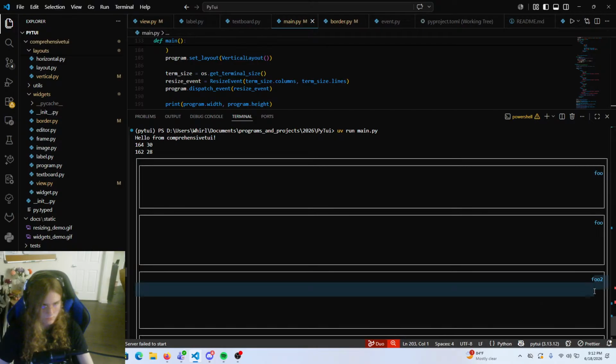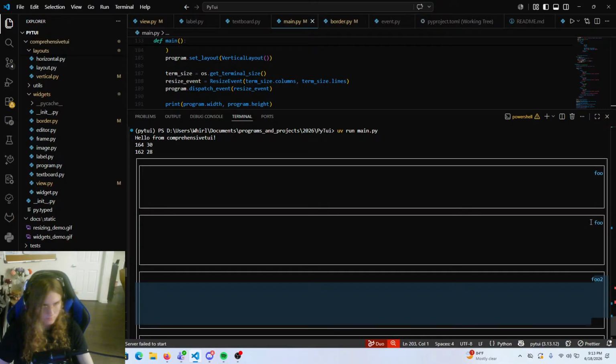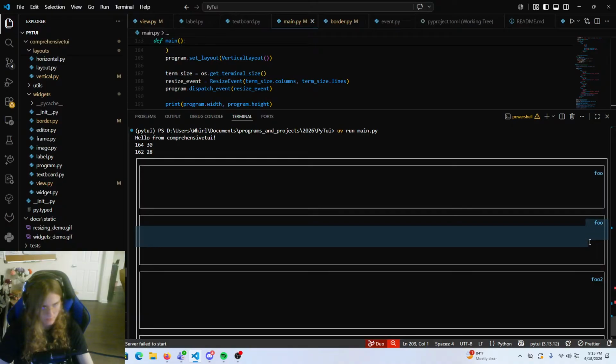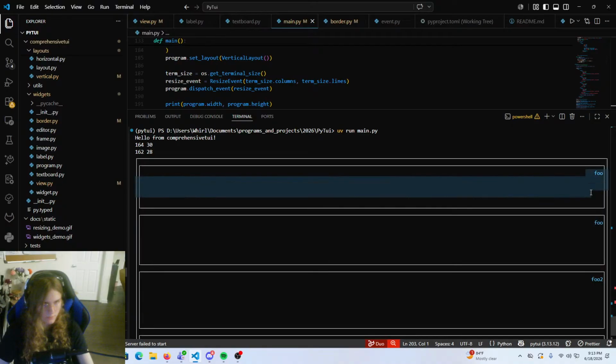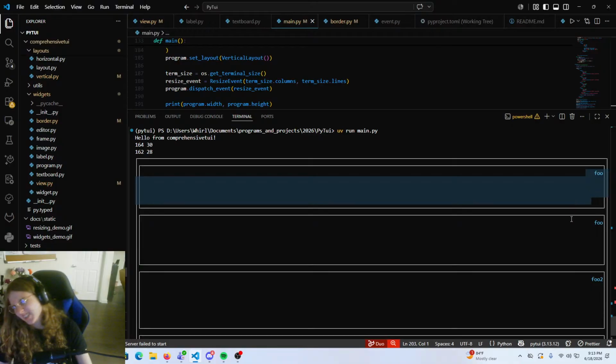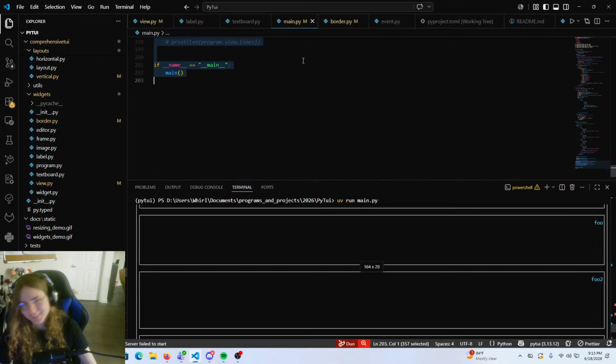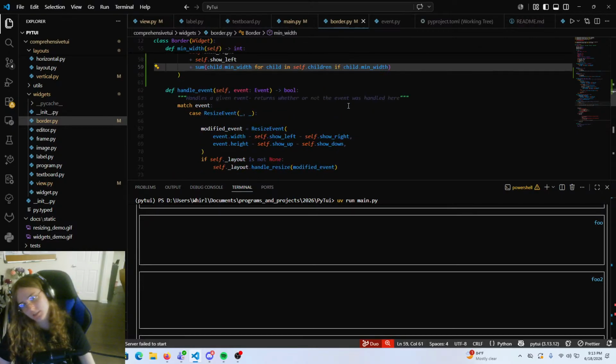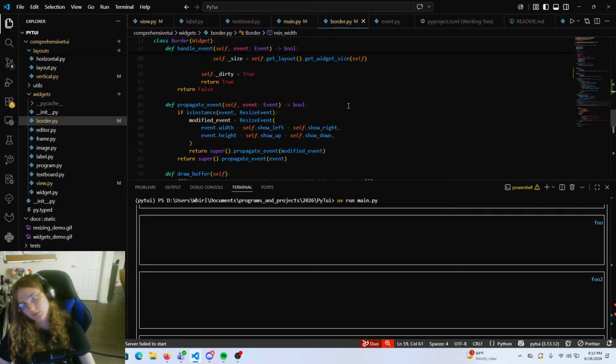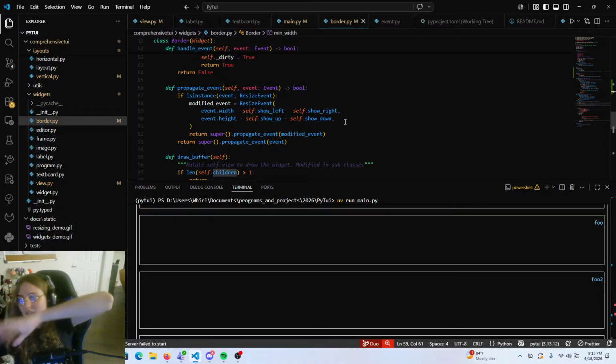1, 2, 3, 4, 5, 6, 7. 1, 2, 3, 4, 5, 6. 1, 2, 3, 4, 5. So they actually successively get bigger, which isn't good. It is meant to do a little bit of... so it is kind of meant to